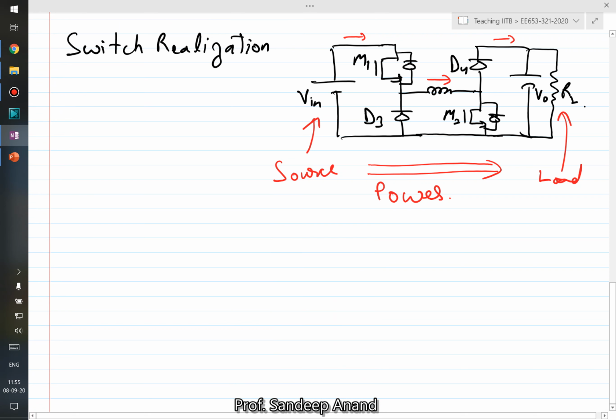And sometimes when the AC supply goes off, you might want the battery to be discharged and power to flow in the reverse direction in the circuit. So, I should say not reverse, but bidirectional power flow. Some of the examples are, let's say, UPS or inverter with battery storage,